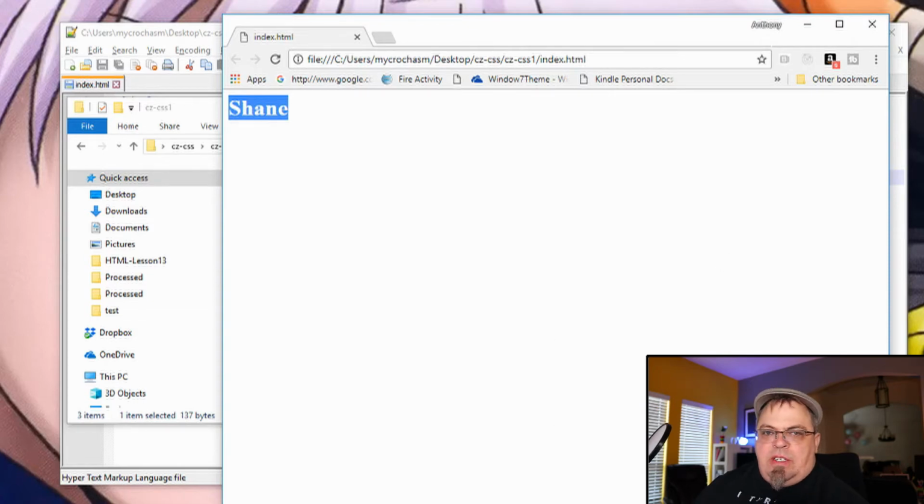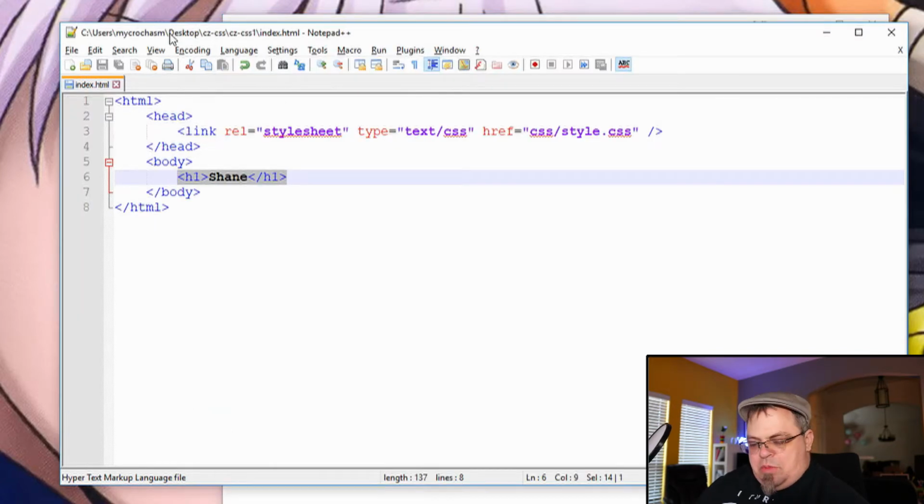But let's say we wanted to change it and we don't want the default settings. So that's what CSS is all about. Let's go ahead and do that. So I'm going to go back to my Notepad++,